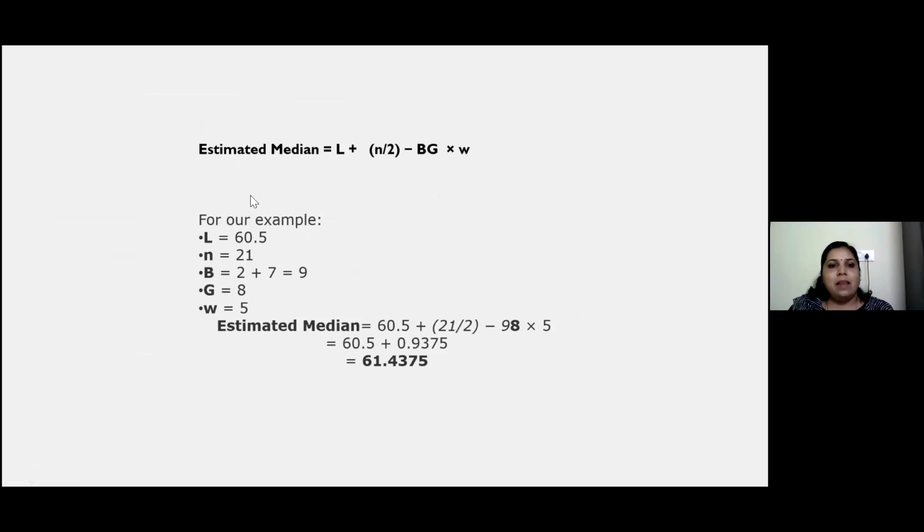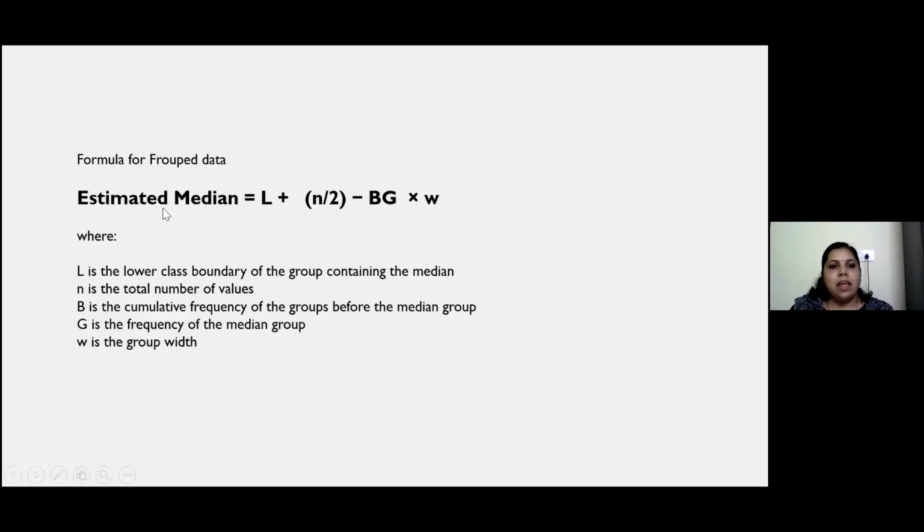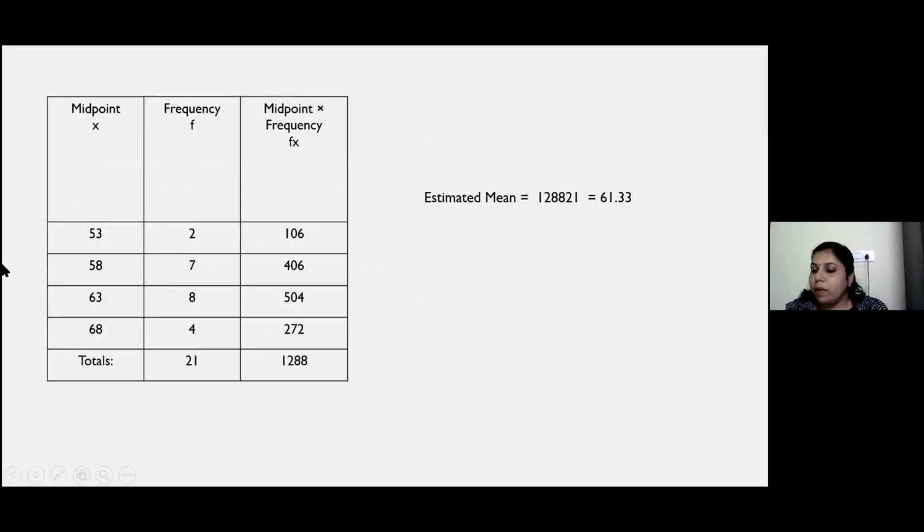So before going to the next problem, I would give you a small problem to solve. Please note down that problem. Shall I tell you the problem? But I won't be displaying it. You have to solve it by yourself. Okay. So the problem is class interval is